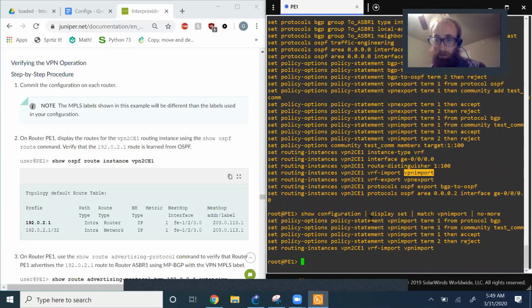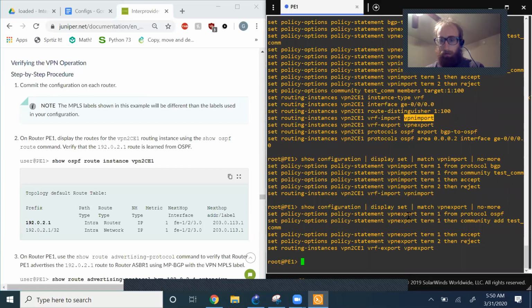So we can see the import policy from protocol BGP. We're going to also check the community. So this appears to be right to left traffic. Let's see if this is more, and sure enough, this looks a little bit more like left to right traffic,